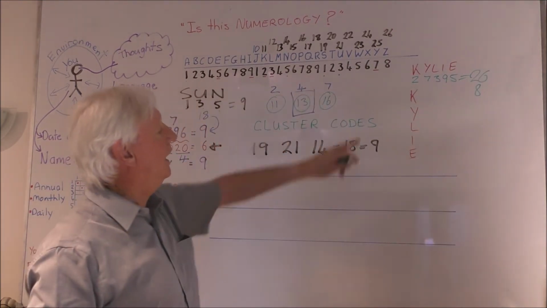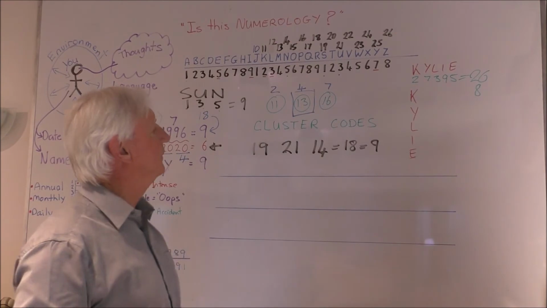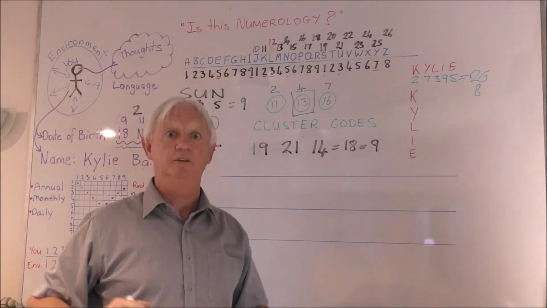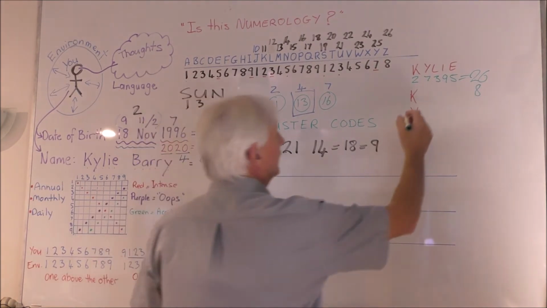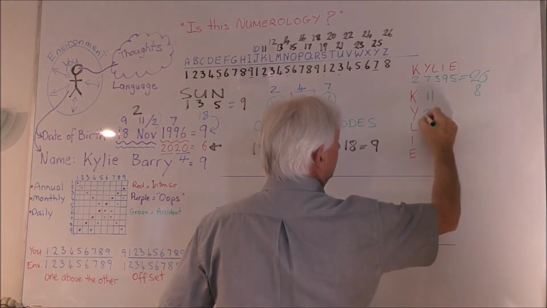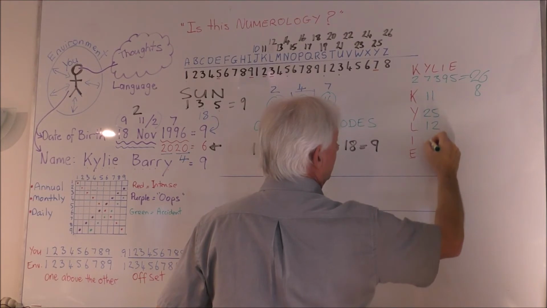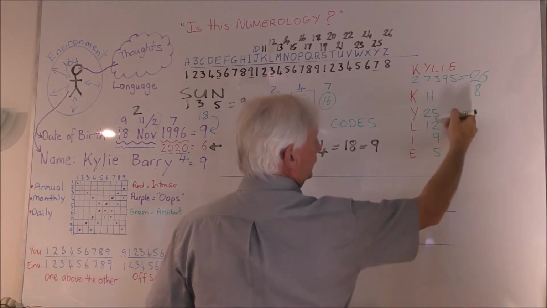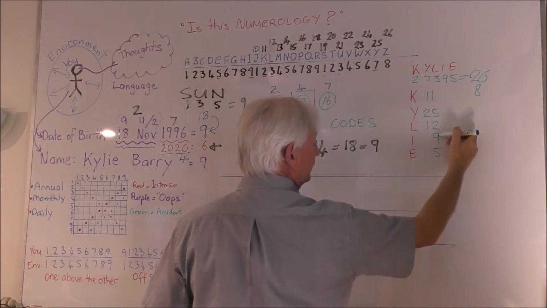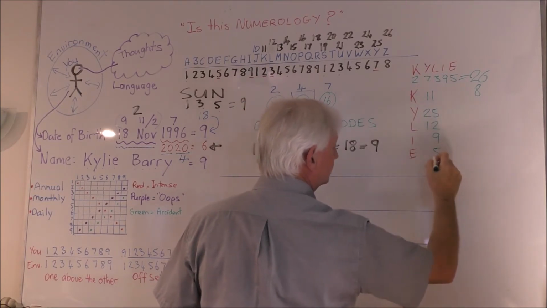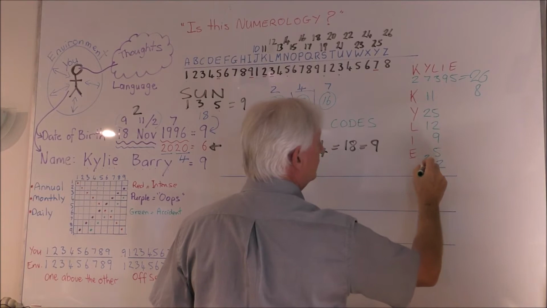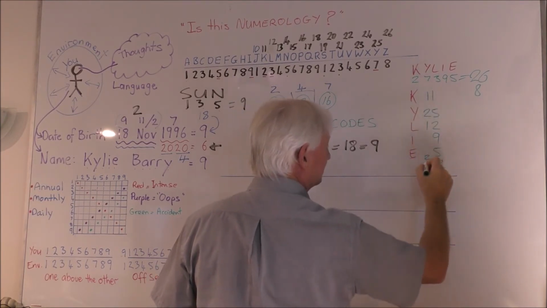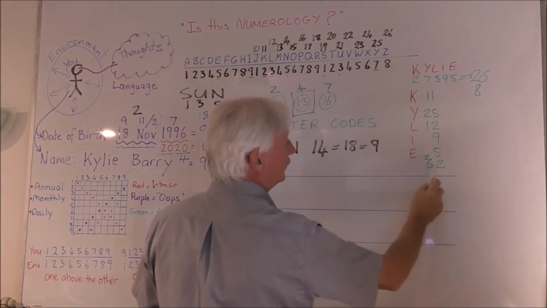But if I take Kylie and its full complement up top, to show you that there's no variation here, it's just a lower level and a higher level of understanding of this particular subject. K equals 11, Y is 25, L is 12, I is 9, and E is 5. 1 and 5 is 6, and 2 is 8, and 9 is 17, and 5 is 22, 22, 2, 3, 4, 5, 6. Forgot the one at the top. 6 and 2 equals 8.